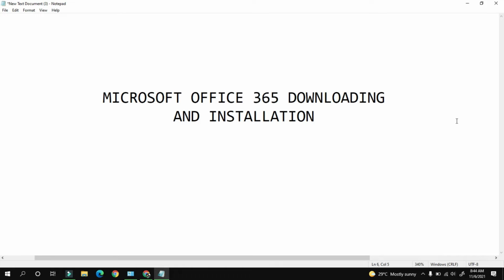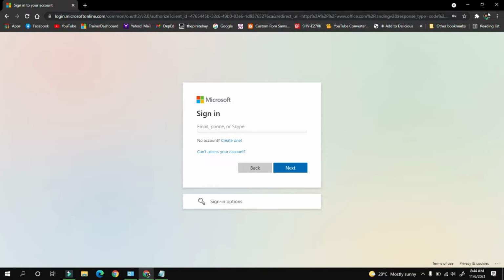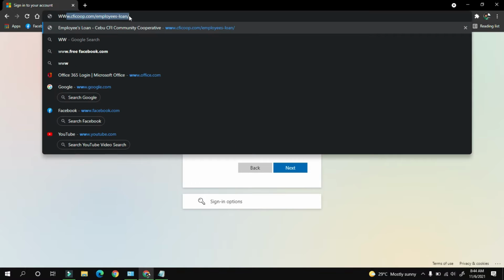This video will show you how to download and install Microsoft Office 365 on your PC or laptop. The first thing you're going to do is open any browser, for example Google Chrome, and then in the address bar type in